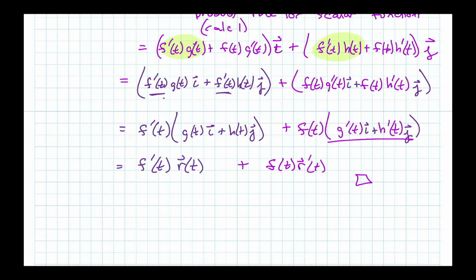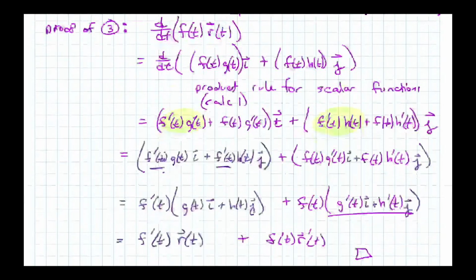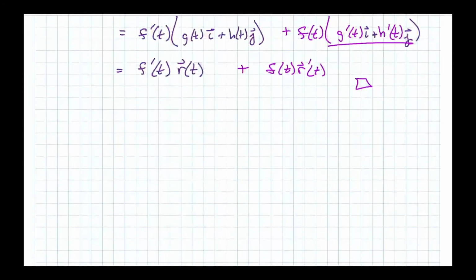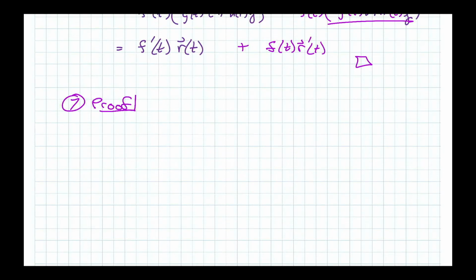Okay, so all of these proofs are basically the same. The one that you might say is different is number 7. We can do number 7 as well. 7 proof. Okay, so what is it? Oh yeah, so